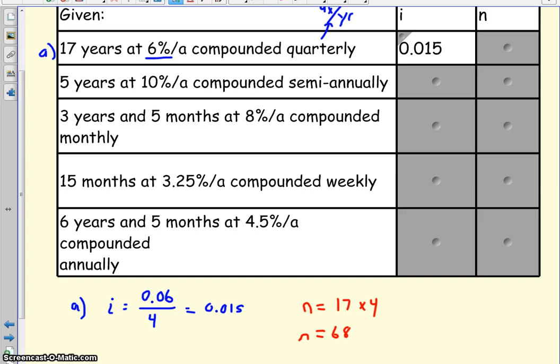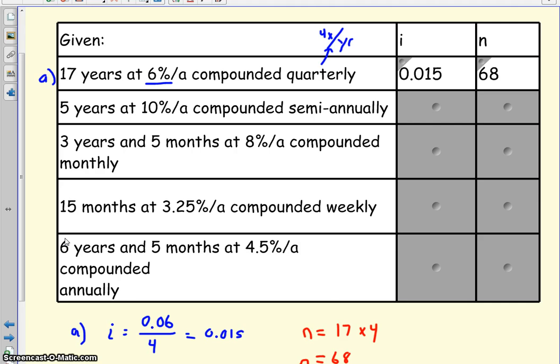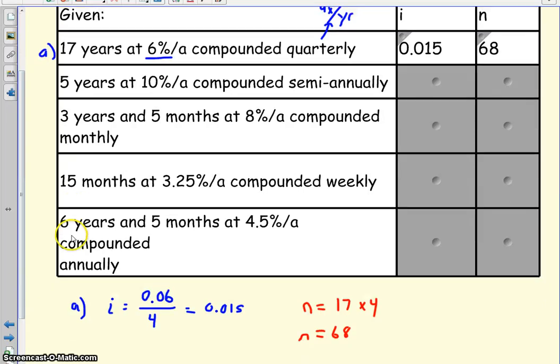So the n that you're going to put in the equation is going to be 68. Okay? So again, you can't just blindly take numbers from the problem and just throw them into the equation. You have to make sure you're looking at the compounding rate and then adjusting the values for i and n accordingly. Okay, so I'll do B with you, and then I'm going to let you try C, D, and